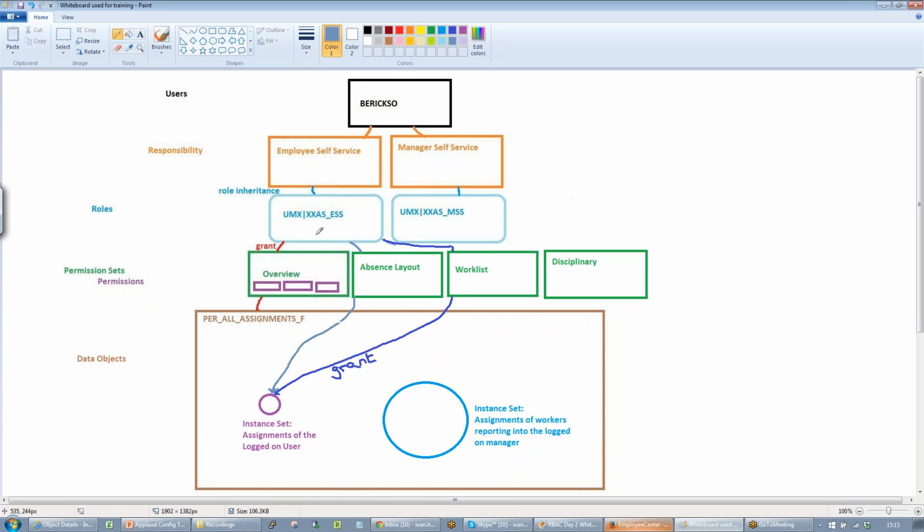Alright, so that means that when I log on and I'm looking at my assignments in this set here, it says, okay, well, I've got the employee role, and the employee role is able to look at the absence layout and the work list layout for assignments in that set. Therefore, show these on the menu. Now, when I come onto the manager,